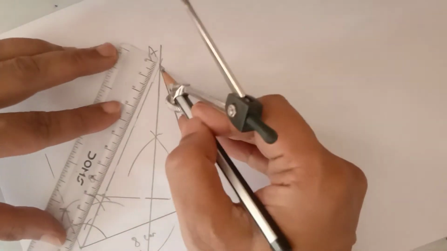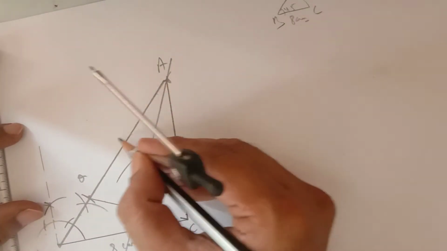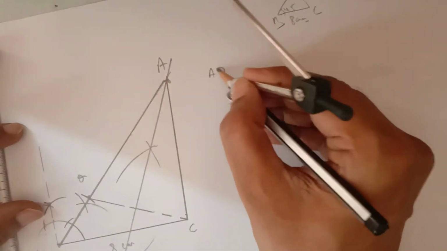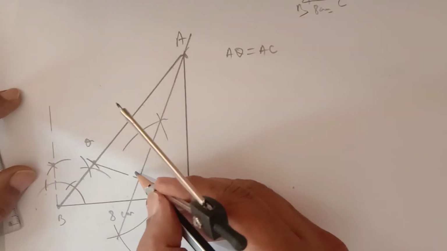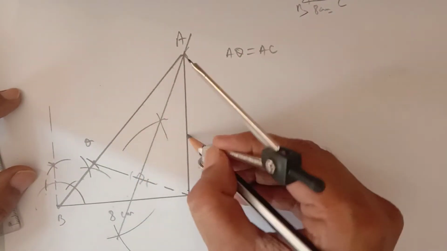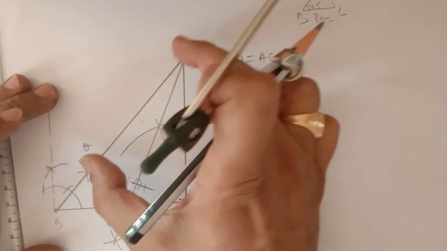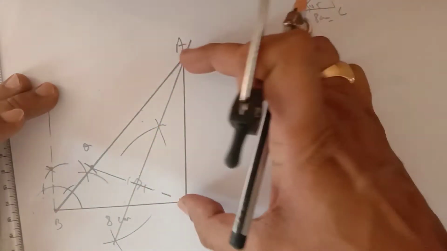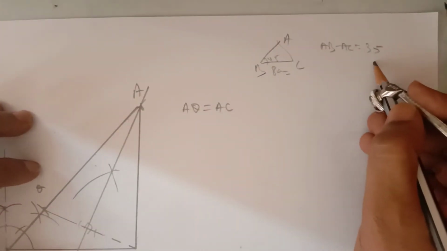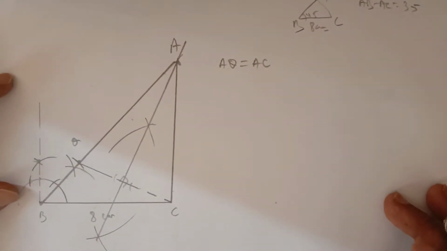So the required triangle is this, triangle ABC. Because AQ is equal to AC, since this is the perpendicular bisector, these two sides are equal, and this length AB is more than AQ by BQ, therefore the difference between AB and AC is equal to this 3.5. This is the method to draw a triangle in which the difference of the two sides